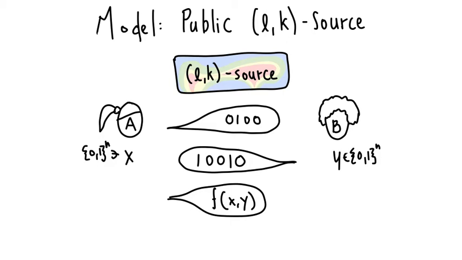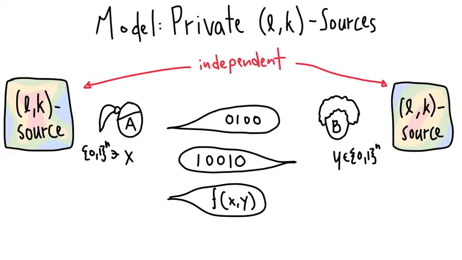Formally, our first model that we saw, the public coins variant, is the public LK source model. Here Alice and Bob have access to some LK source and they want to run a communication protocol. Again, just to remind you, what we're interested in is how many bits they need to communicate in order to compute f. That's the big question. And again, we have a variant of the private coin setting with these degenerate or defective sources. Here, Alice and Bob each have access to independent LK sources, and they want to run a communication protocol.